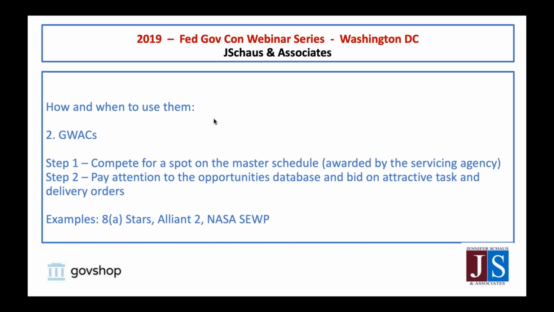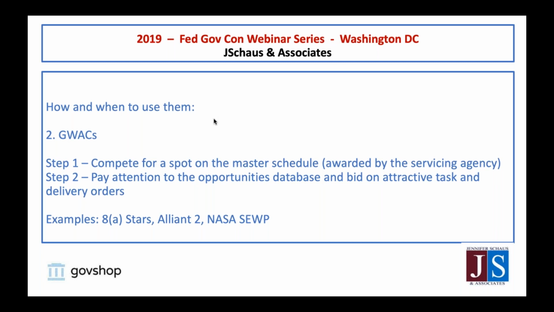GWACs, again, operate the same sort of way. If you're on a GWAC, that meant you went through the process of earning that master contract. Maybe it's Alliant 2, maybe it's NASA SOUP. It's been awarded, and now you can encourage the buyers, the agencies that are authorized to use these vehicles, if you have a relationship there, to put that next IT product need out on NASA SOUP or Alliant 2, whatever it is, because you're going to limit the competition, right?